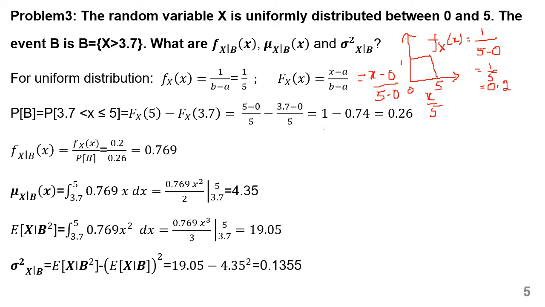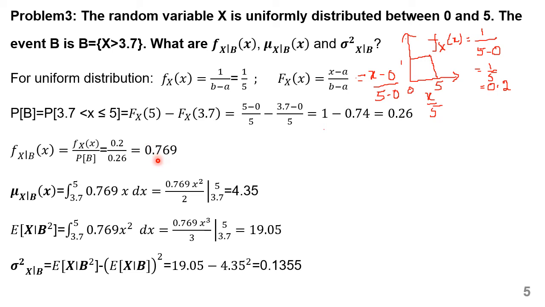Now the probability of event B is the probability of x varying between 3.7 to 5. That is given by the CDF of 5 minus the CDF of 3.7. Here F_X(5) is given by using this relationship: 5 divided by 5 minus 3.7 by 5. That gives you 0.26. Once we know the probability of B, we can find the PDF of x given B,